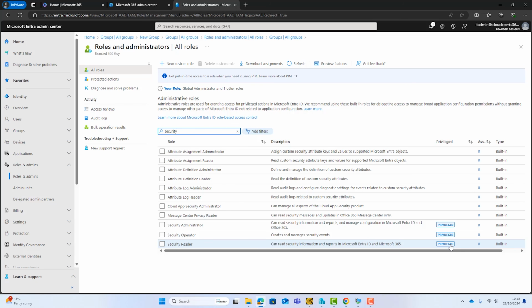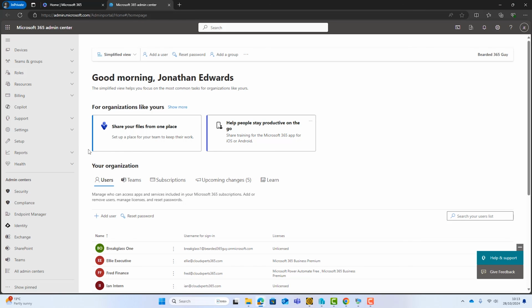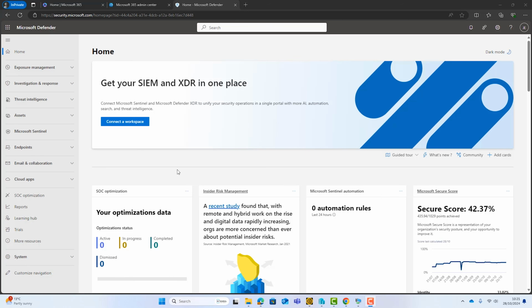So the final thing that I want to touch on in my prep work, so if I go back to the Microsoft 365 Admin Center, we're now going to go into the security console. So we might want to configure some email alerts. So if you've got an IT department, you could configure the alerts to send the email to them, or maybe some kind of ticketing system or something like that.